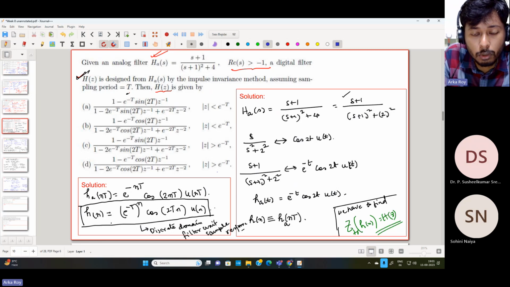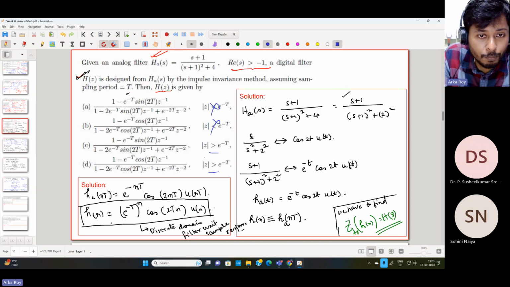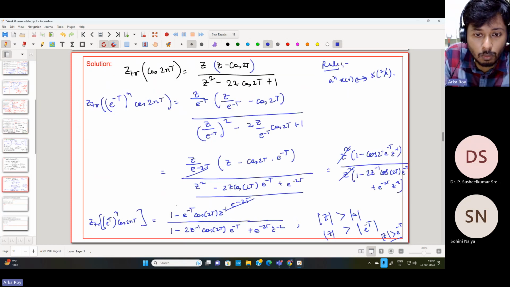So mod z is e to the power minus t. So these are nullified. Now the second option has cos in the numerator and denominator terms. So it has sine, so option C is also nullified. So option D is the correct answer, which is matching with our answer, that is 1 minus e to the